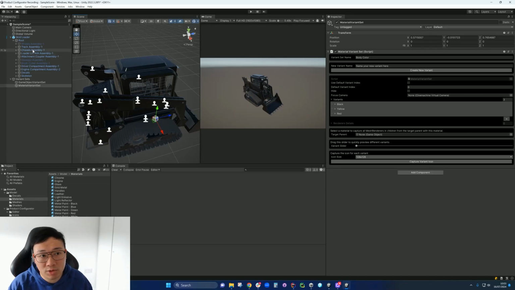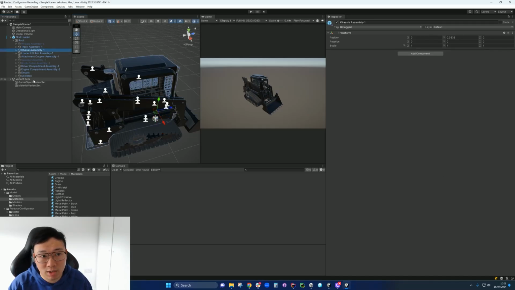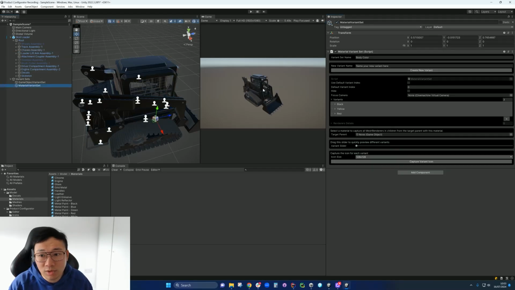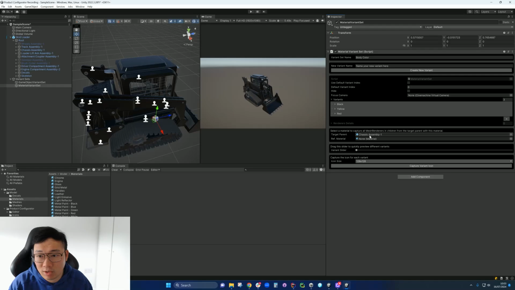So I'm going to select this chassis assembly, right? This is the whole thing. I will identify it as the body color, so I'm going to drag this chassis assembly into this target parent. And right now, because I'm using the black material, I'm going to drag this black material